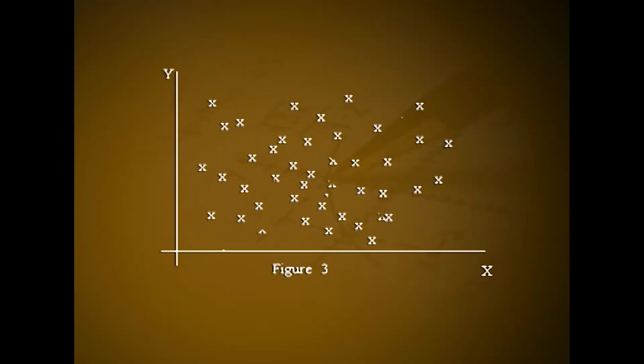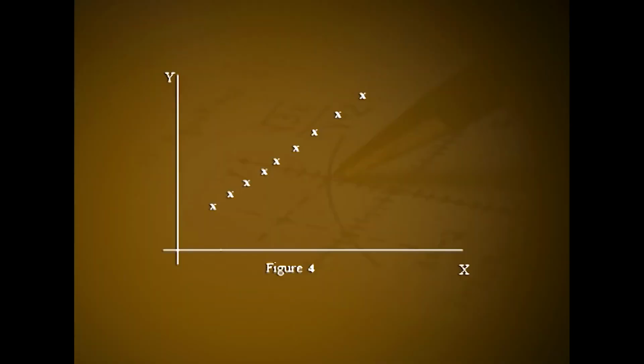In the next scatter diagram, figure 3, no specific relation between x and y is observed. Then one can infer that there is no correlation between x and y. But in figure 4 and figure 5, a perfect linear relationship between x and y is observed. In figure 4, the linear relation is in the form as x increases, y also increases, but in figure 5, it is of the form as x increases, y decreases.